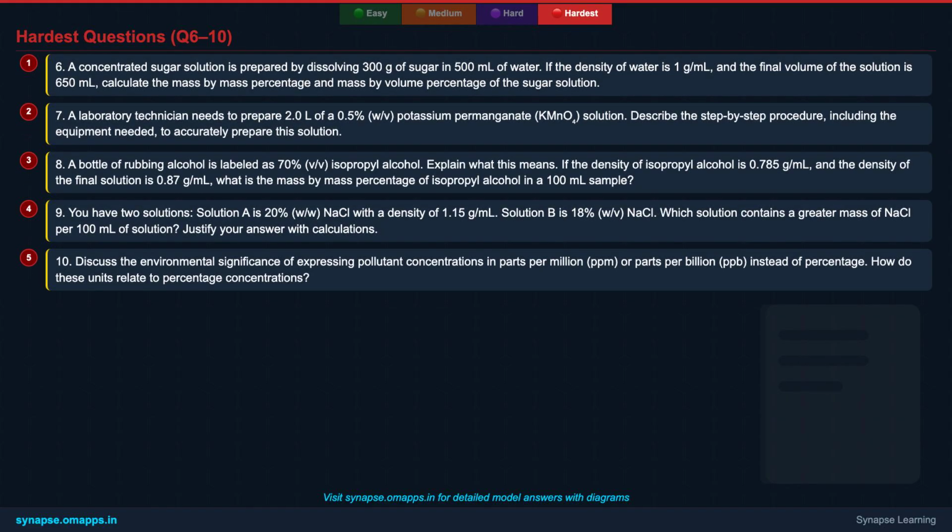These will further test your ability to apply advanced concepts, explain reasoning, and even touch upon some broader implications of concentration in science and industry. Don't be afraid to think outside the box and connect ideas. Completing these will demonstrate a truly deep understanding of solution concentration. Good luck!